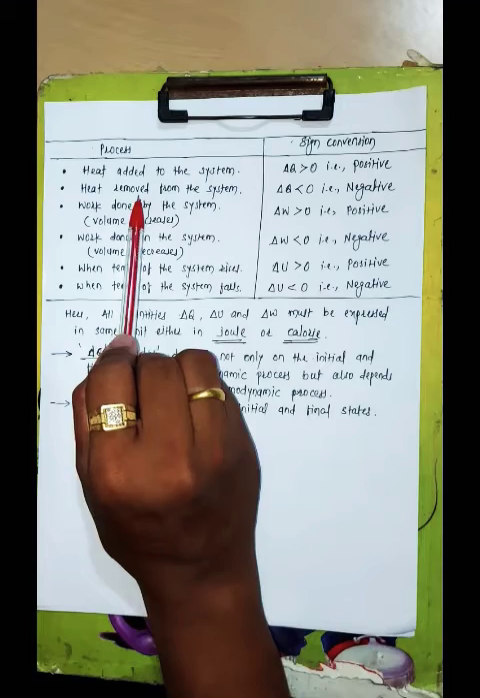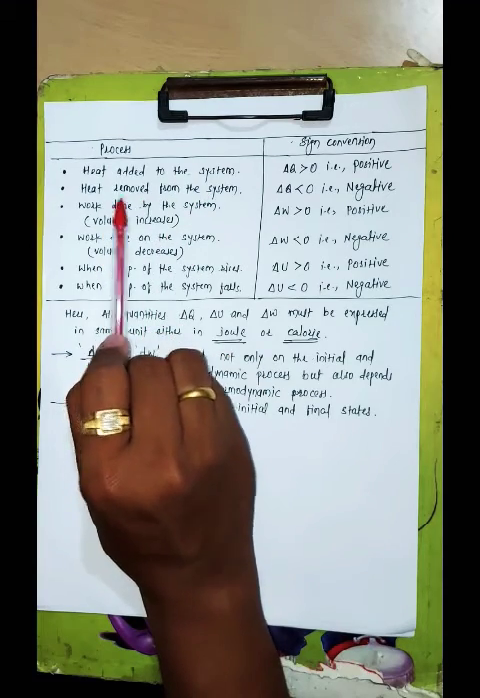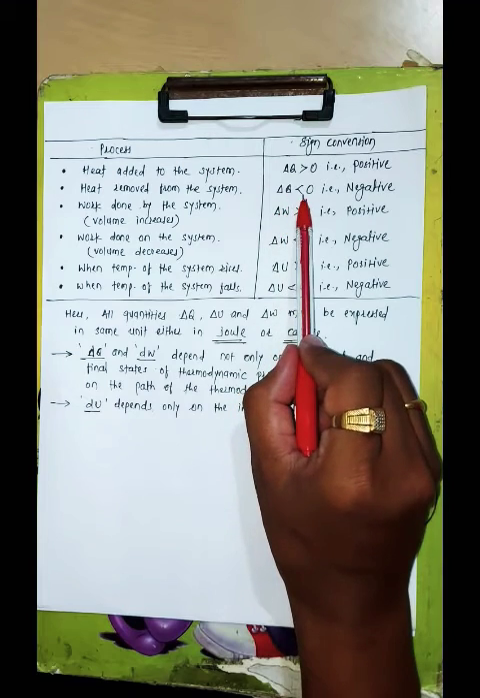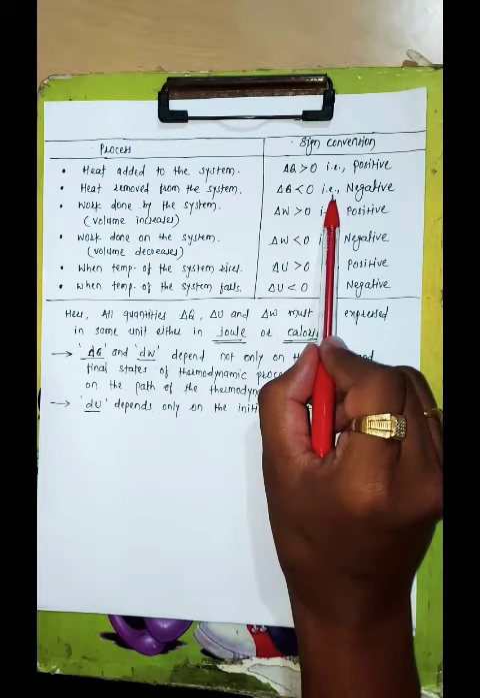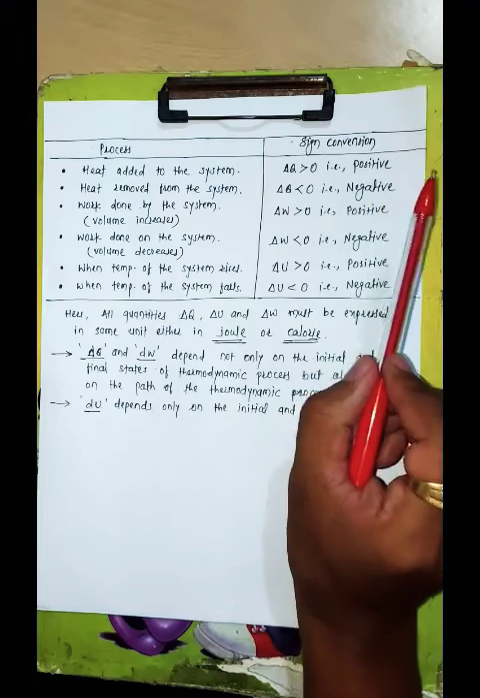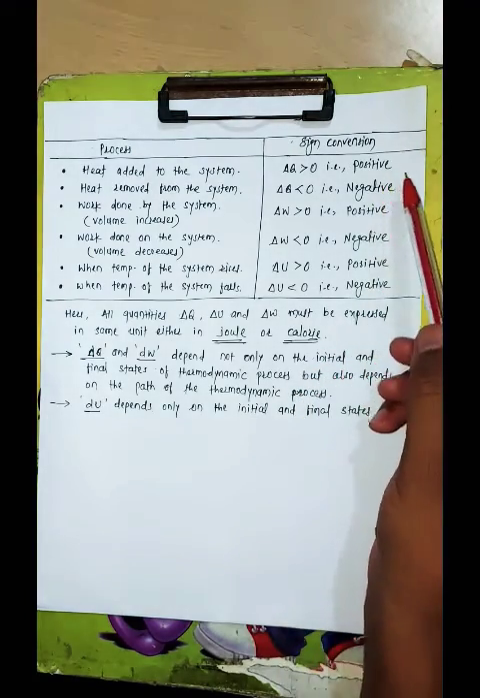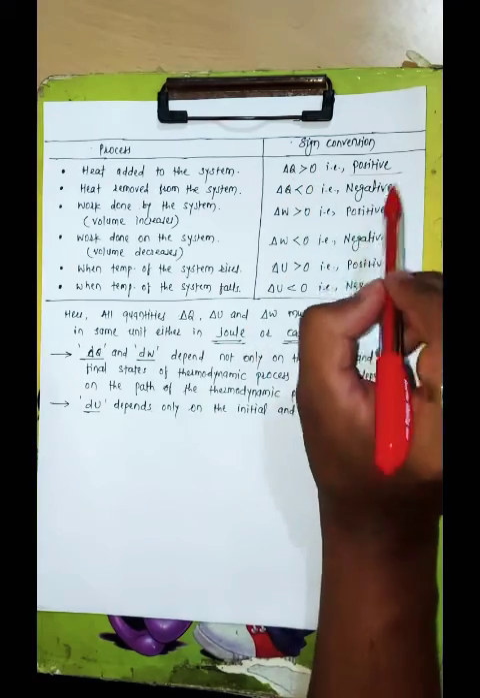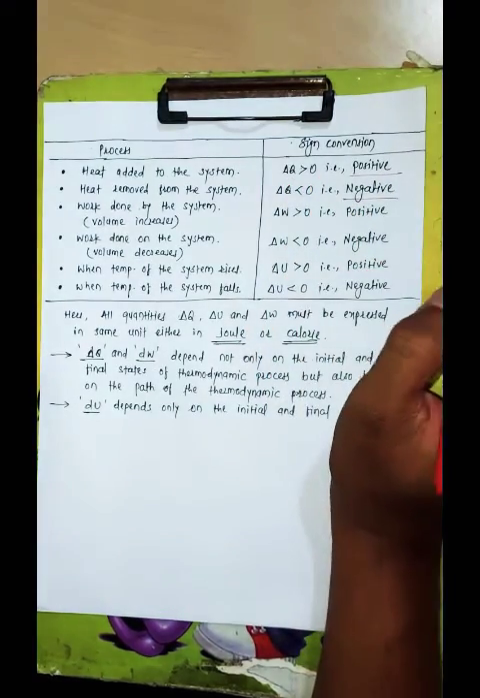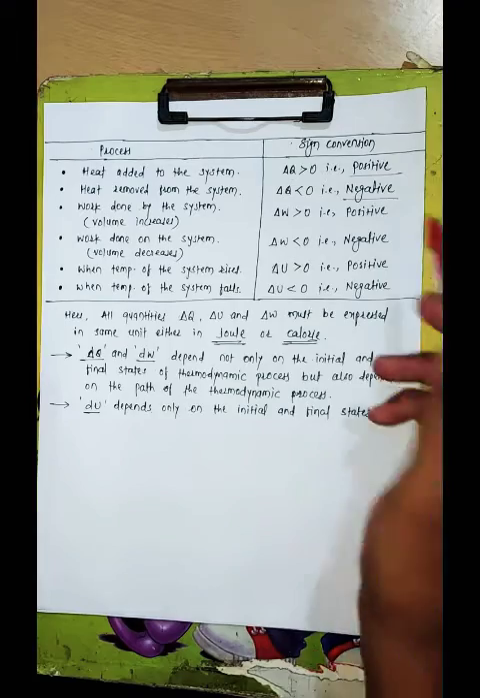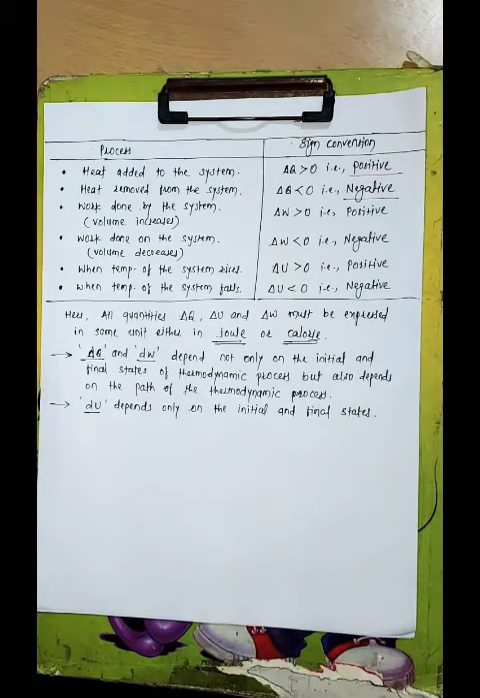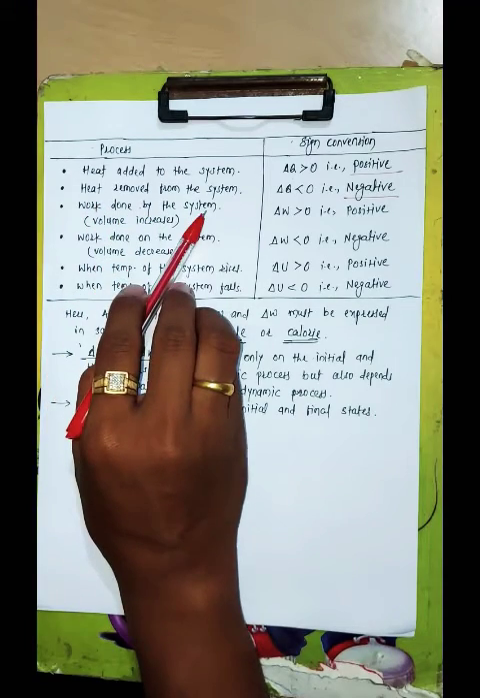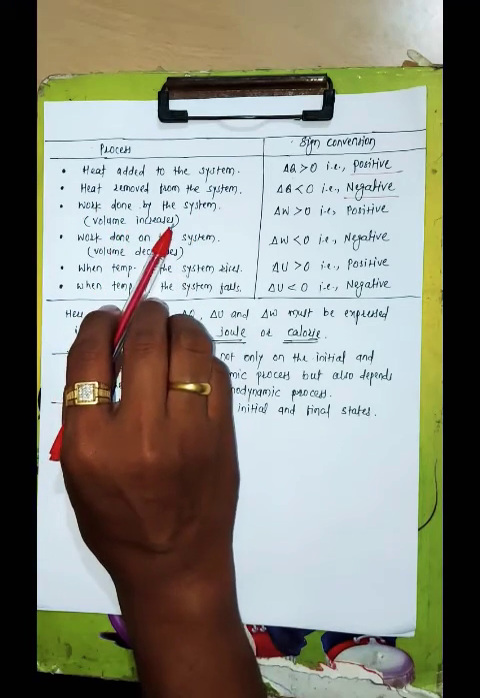But when heat is removed from the system, heat removed from the system, then we have a value of delta Q that will be less than 0, and that's why we can say that heat is negative. Okay, so this is all about heat. So when delta Q is greater than 0, heat is positive, and when delta Q is less than 0, it is negative. Then about work, work done by the system, when the volume increases,